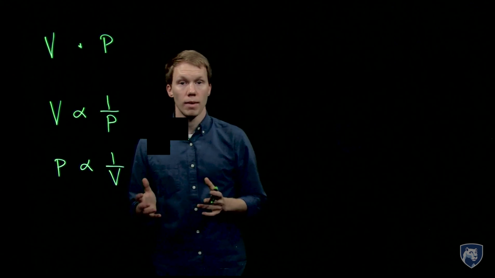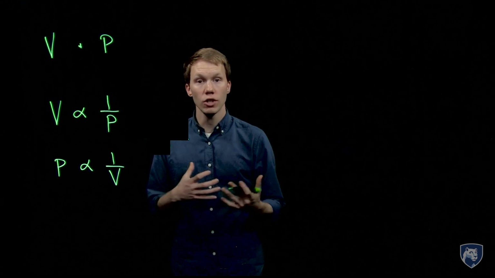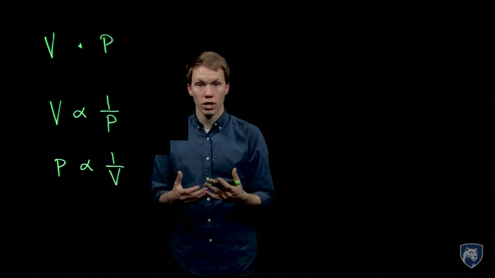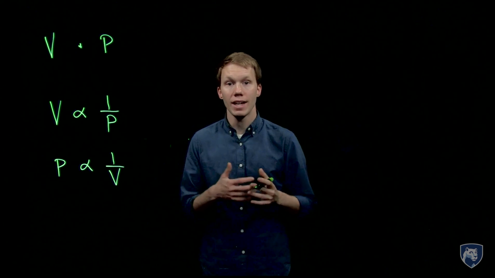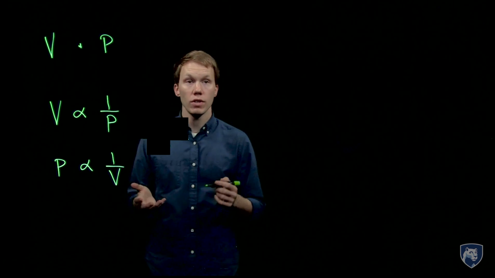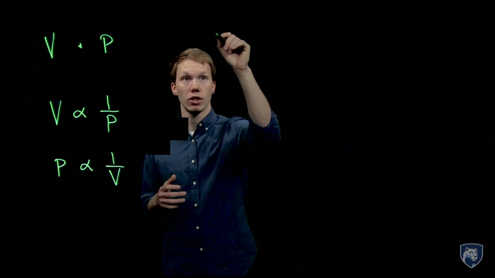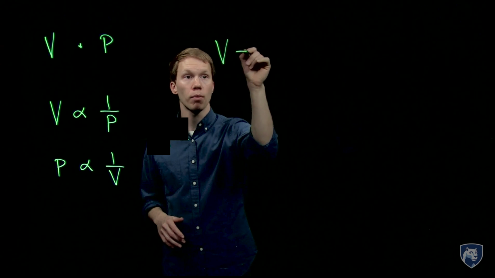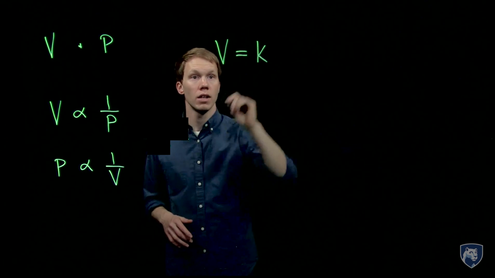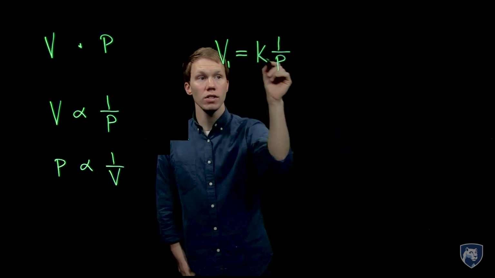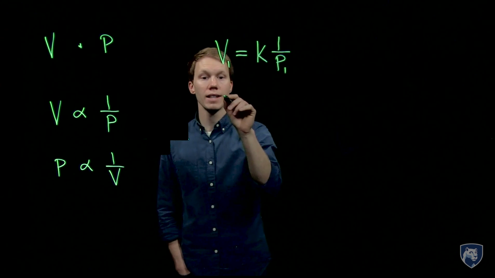We can use these relationships to solve what are known as change of state problems. So if we have a situation before a change occurs and we have a situation after, now we can calculate the change in pressure or change in volume based on what kind of change occurred. So in order to do that, we have to come up with a mathematical equation. So if we take this relationship of volume and 1 over pressure, we can replace that proportion symbol with a constant. So volume is equal to a constant times 1 over pressure. And if this is the first scenario, we can define this constant as